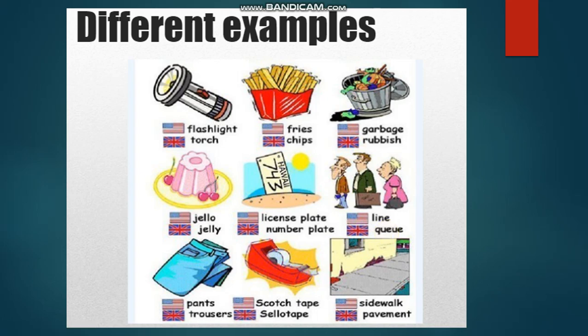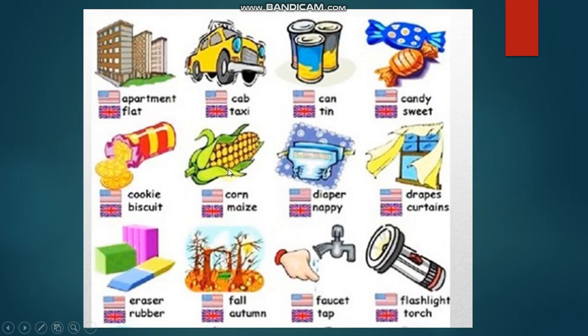Here this is a pair of pants in the US, but in Britain they call it trousers. Here's another picture, they call it scotch tape, but in Britain they call it sellotape. Here, this is a sidewalk in the US, but in Britain they call it pavement. There are more words like apartment in the US, flat in Britain; cab in the US, taxi in Britain;